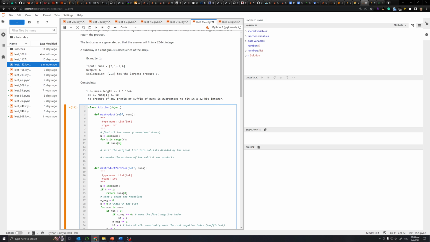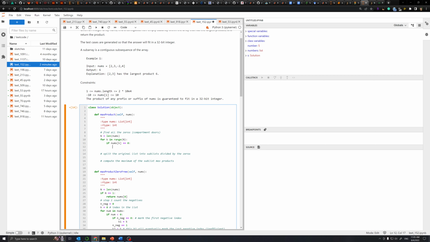Well, actually, this is not going to be very efficient. You know why? Because if you look up lists, you're going to have to scan the list, and it's going to be slow. But it's okay, we're going to optimize it later. If nums k equals 0, if we found a 0, right,